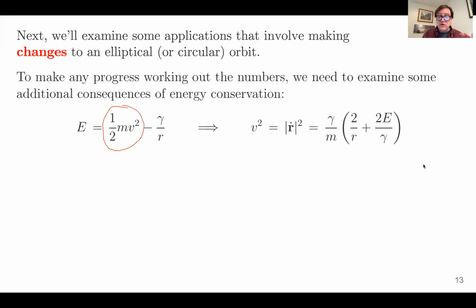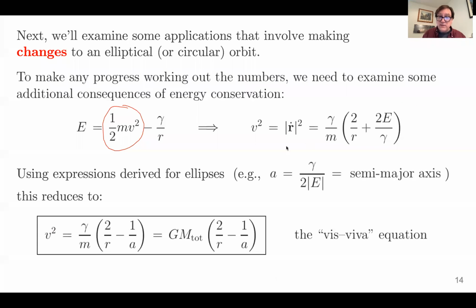For a circular or elliptical orbit, we can make use of this definition of the semi-major axis that we had a few slides ago. And it turns out to simplify things quite nicely. The energy is negative for an elliptical orbit. So this plus 2e over gamma is actually a negative term, but all these other constants cancel out, and it's just 1 over the semi-major axis. So it's a really